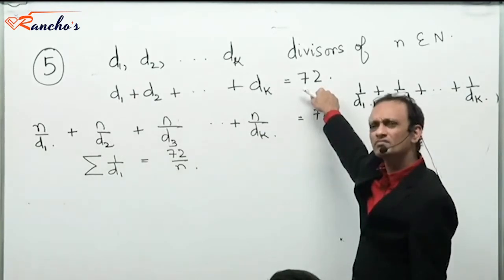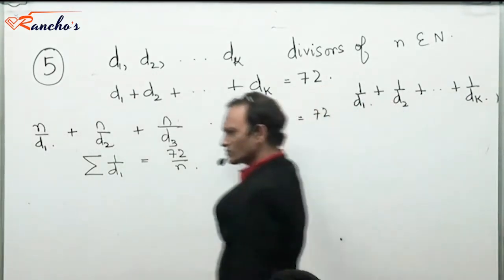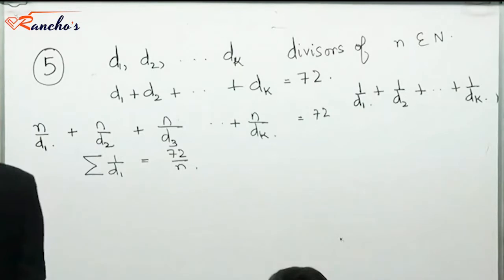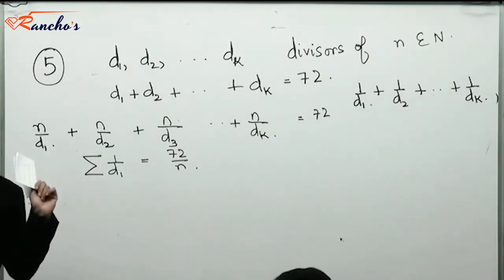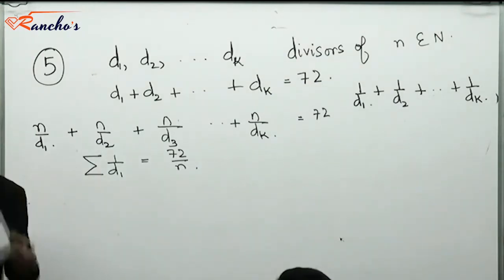N is less than 72. N is included in this, and 1 is also included in this. So naturally, n is less than 72. So we have reduced it to 1 to 72. 1 is not right, which is true, so 2 to 72. There is no way to determine n between. That's why n is given. N is a natural number. There is no way to determine that.